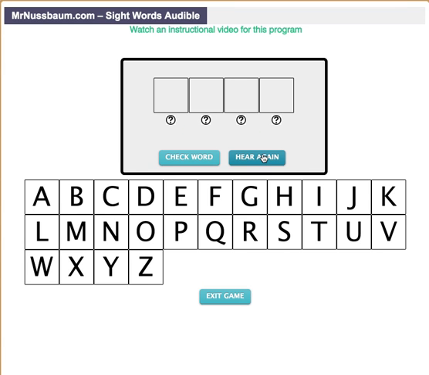I didn't hear that one. Let's do it again. "Tree." So "tree" now. So let's see what happens if I get one incorrect. So T, R, E, let's call it A. And I click check word,